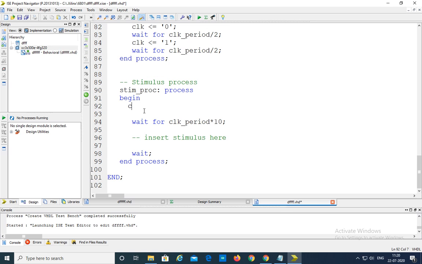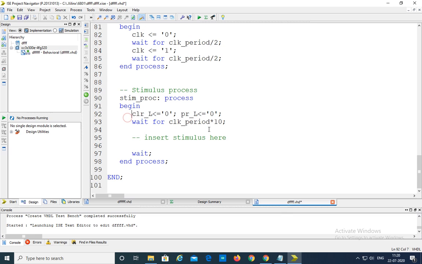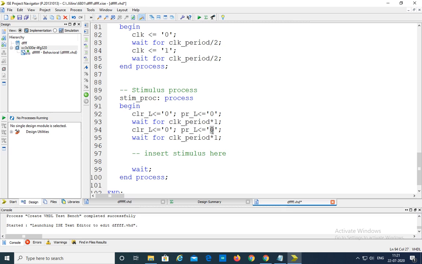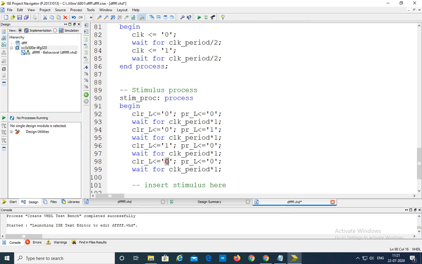So give clear underscore L is equal to 0, preset underscore L is equal to 0. For the 0 0 combination the output is undefined, so it will wait for one clock period. Next we'll change it to 0 1. If it is 0 1, then clear is active, so output is equal to 0 in this case. Next, if it is 1 0, which means the preset is active, then output is 1 in this period. So next, if both are ones,